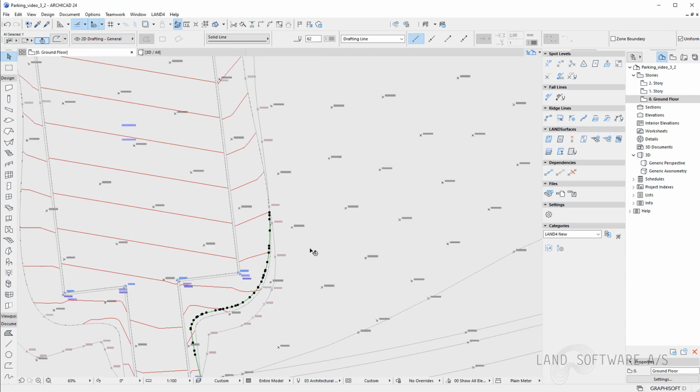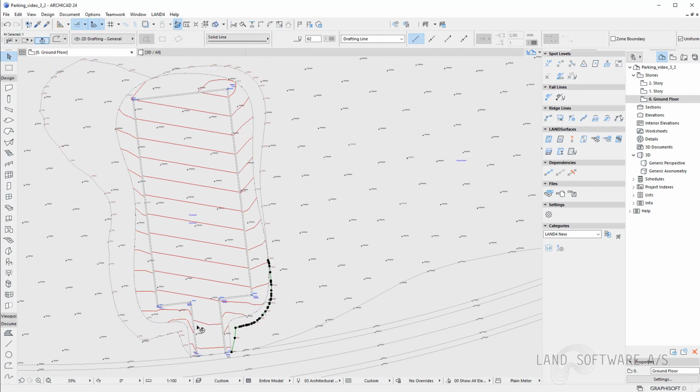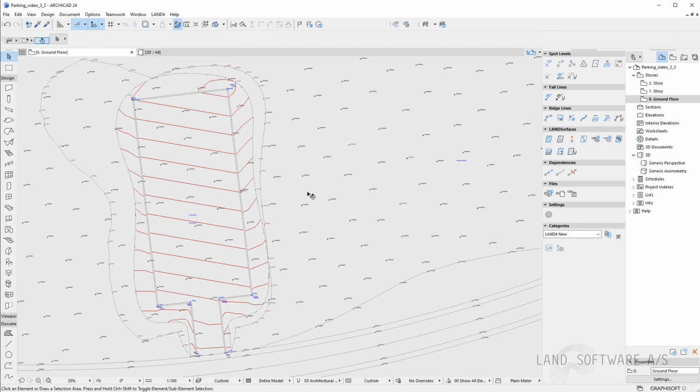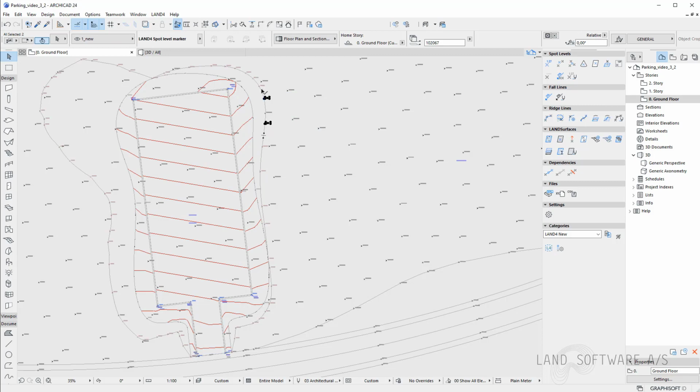So I can delete this one too. And now I have my lines showing the fill as independent lines, and my last line showing the cut. So now what I need to do is basically simply create these lines as ridge lines using the spot levels we have interpolated along.